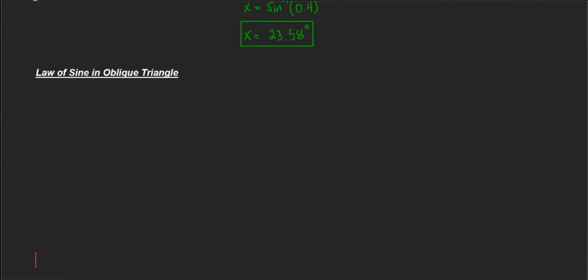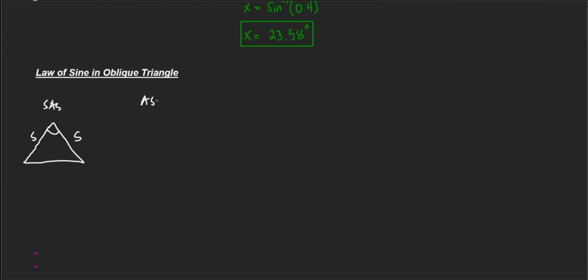So pag sinabi po natin na SAS, meaning side angle side. Ang illustration po niyan, for example, ito yung oblique triangle natin. Side, angle, side. Yun yung magiging illustration. So, given, meron tayong side, nakagitna yung angle, then another side. And we also have